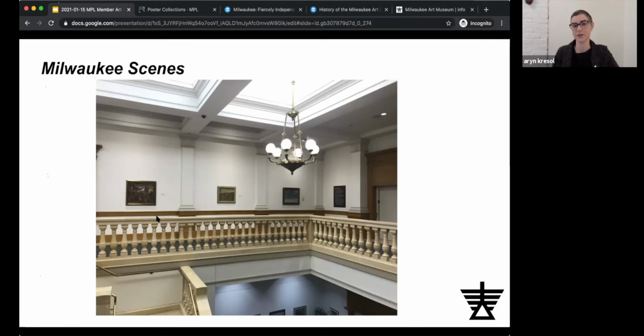The library is really interested in collaborating to do more thematic exhibitions, which was sort of the impetus for Brandon Rood curating the Wisconsin Women Artists, so focusing on a specific theme to create the works. And moving into Milwaukee Scenes, of course, Paula Nemeth was helpful in making sure that we could install the works in a safe manner. Of course, I gave full trust to, again, the preparator team to make sure that it was installed well.